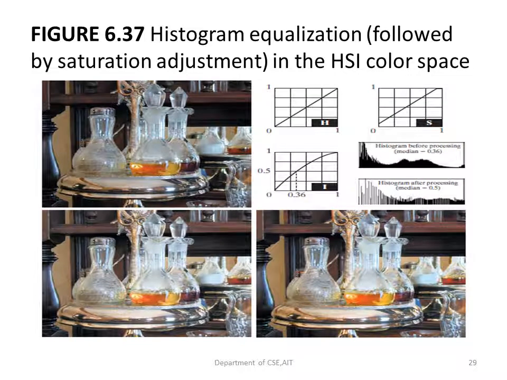This figure shows a color image of a caster stand containing cruets and shakers whose intensity component spans the entire range of possible values from 0 to 1. As can be seen in the histogram of its intensity component prior to processing, the image contains a large number of dark colors that are reduced because of the median intensity of 0.36.